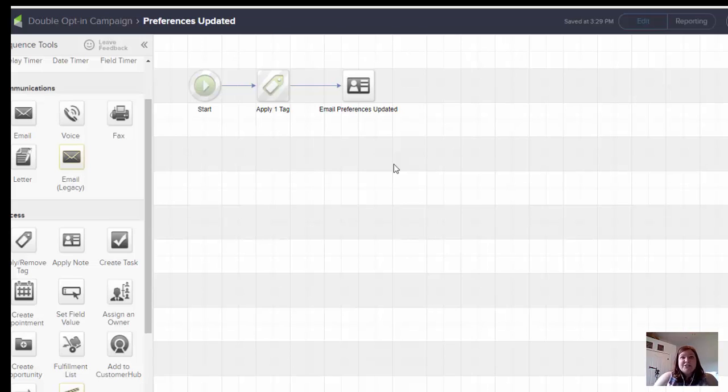It'll say this tag was applied on January 2nd, 2016, but it won't give you a time in which that tag was applied. I want to know the exact time when this tag was applied, or roughly within a couple of seconds, the time that this person updated their email preferences,